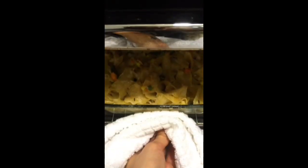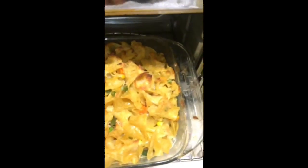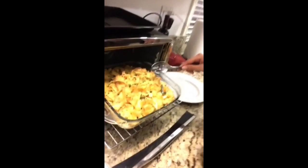So, oh my god, look at how delicious this looks. See how a little bit of browning here? If you added the breadcrumbs, it would have been even more delicious, but this is still very good. Okay, so now that our dish has cooled a little bit, it is time...